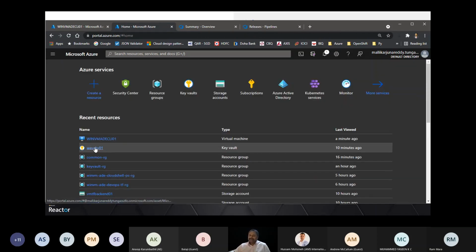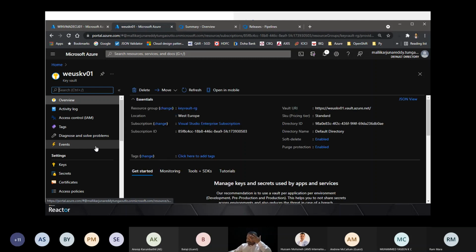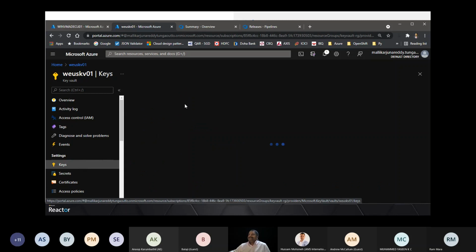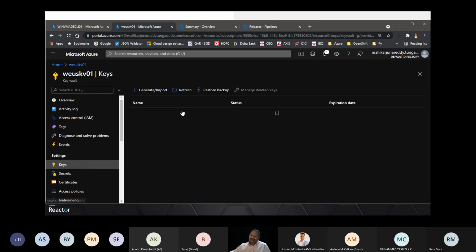As I said, this is our key vault, which I created before the demo. On the key vault, I already enabled Azure Disk Encryption, and I created my key, the key for today's demo, which is this key name.